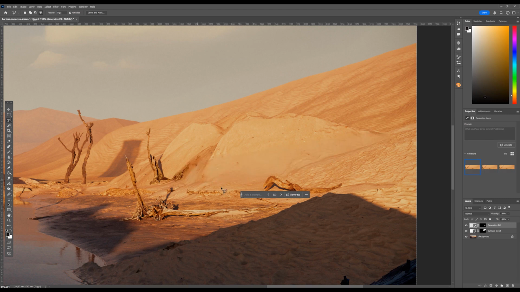And there you have it, nice and easy. Sometimes you'll get lucky on the first try, sometimes you need to run it twice, but eventually it gives us something more organic and fluid. Super quick fix, especially when something is bugging you and you don't have time or patience to go back into